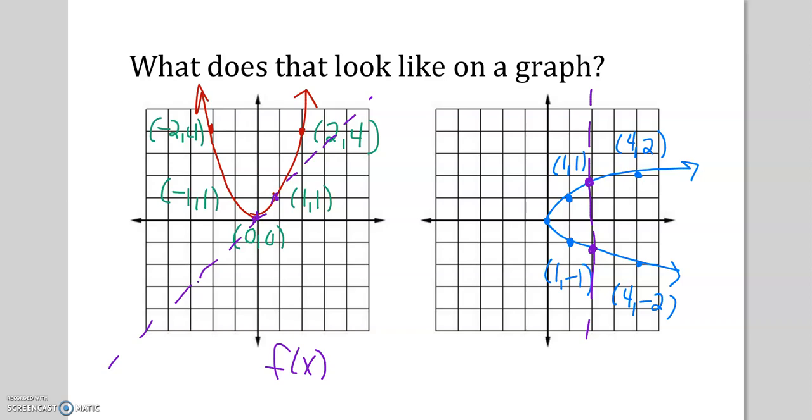So how could we look at a function regularly and see if it's going to pass the vertical line test once we find the inverse? Well, if you think about it, what if this vertical line would be right here? So we have this thing called the horizontal line test, and the horizontal line test tells us that if a function fails the horizontal line test, then it doesn't have an inverse. In other words, if I can draw a horizontal line that touches more than 1 point on the function, then when I take the inverse of this, it's actually not a function. So let's look